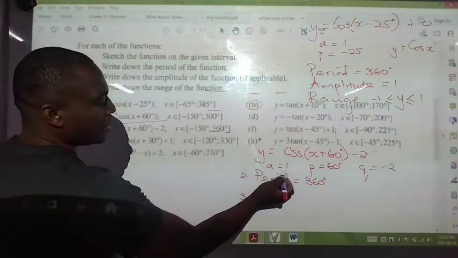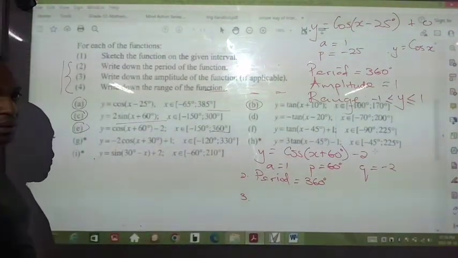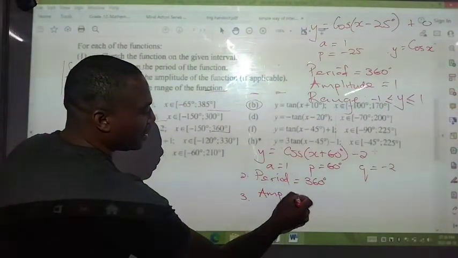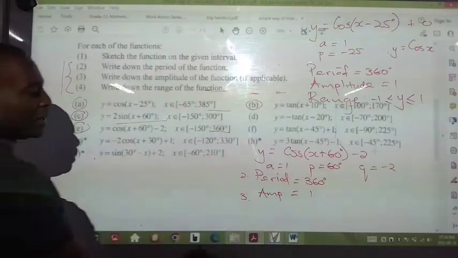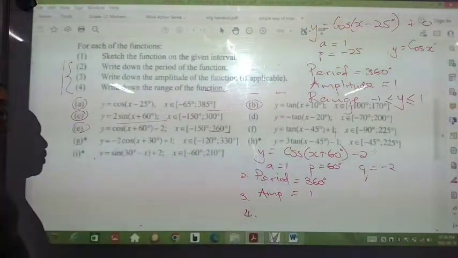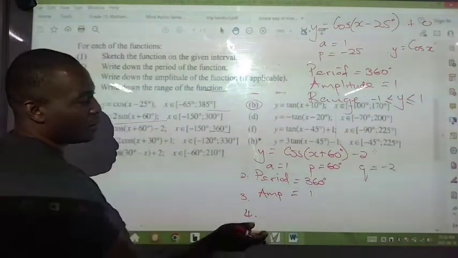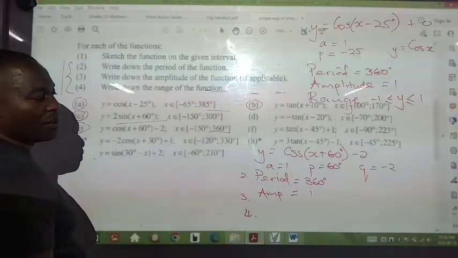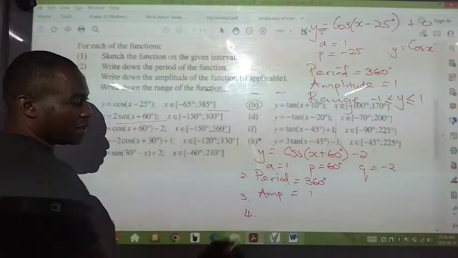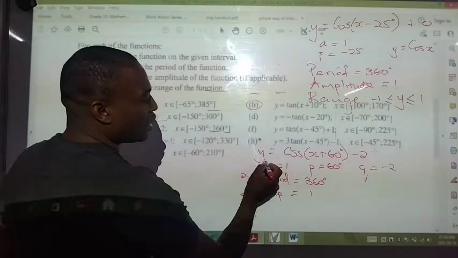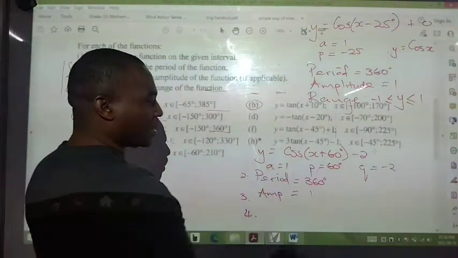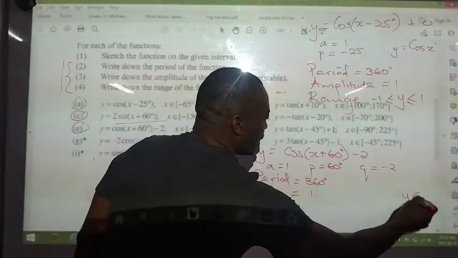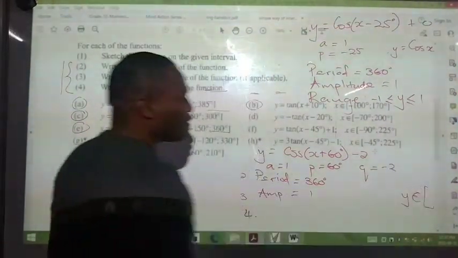Number 3, we need the amplitude. The amplitude is determined by our A, our positive A. So the amplitude is equal to 1. And then number 4, we now need to consider Q for the range. Let's remember that the range of the graph of y is equal to cos x plus 60, the range is y is an element in the interval